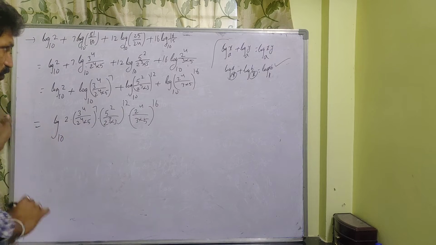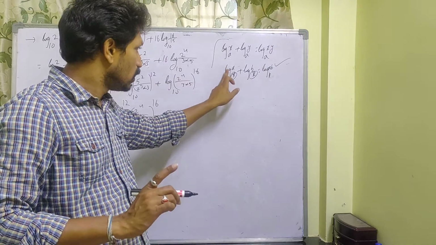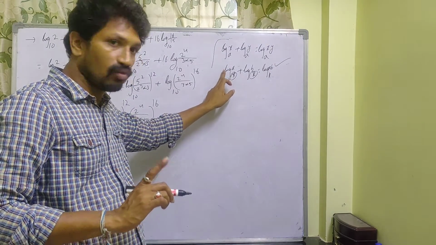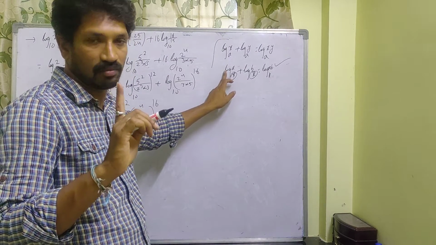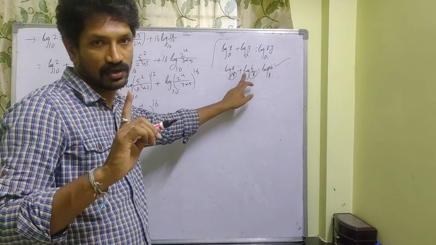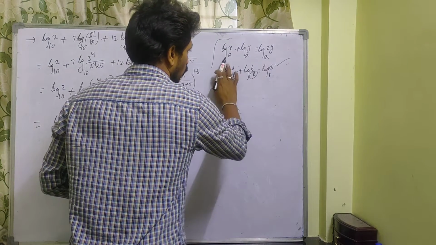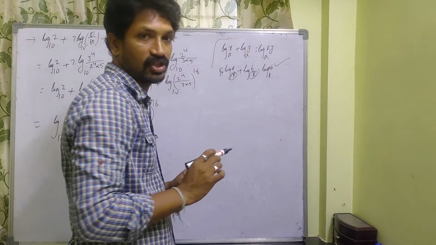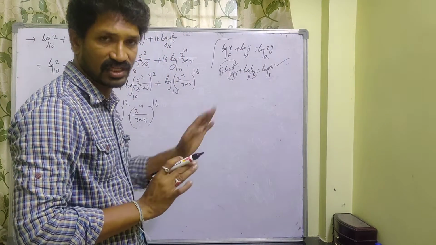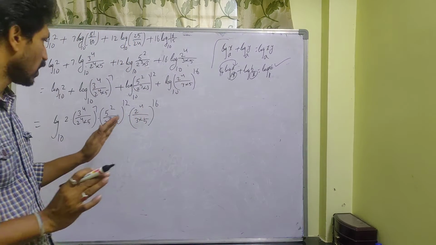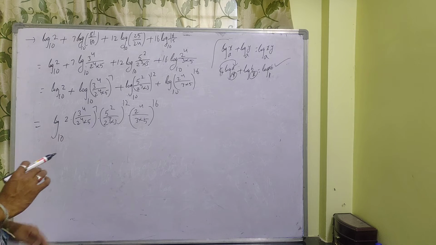base 10. And you understand this formula you can apply whenever, for this logarithm only 1, before the number it should be 1, that means coefficient should be 1, that means nothing should be there, then only we can apply this formula. For suppose here some b is there, or some c is there, you can't write this formula. If you want to write this formula, first c transpose to here, that is the intention. Okay, clear? So if you simplify, you get some value, that is your required answer.